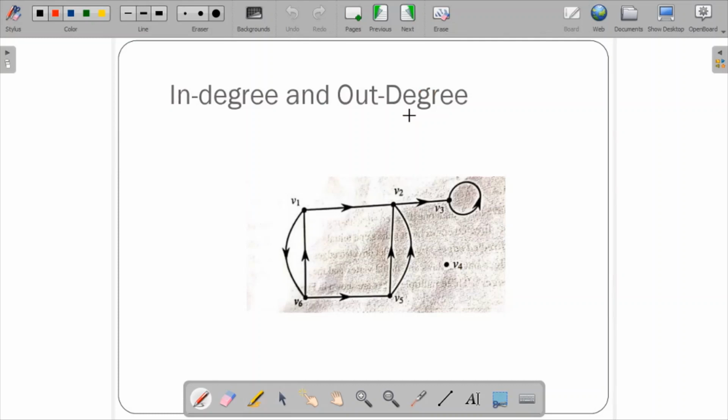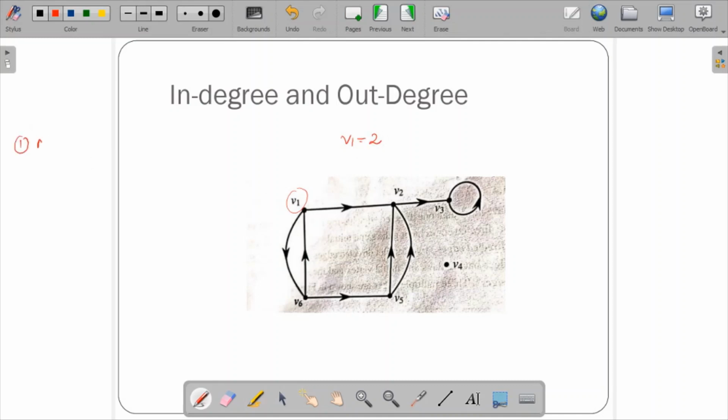In this concept, the number of edges for which V is the initial vertex is called the outgoing degree. If you see here, for example, V1 taken as an initial vertex has an out degree. How many out degrees does V1 have? You have two.